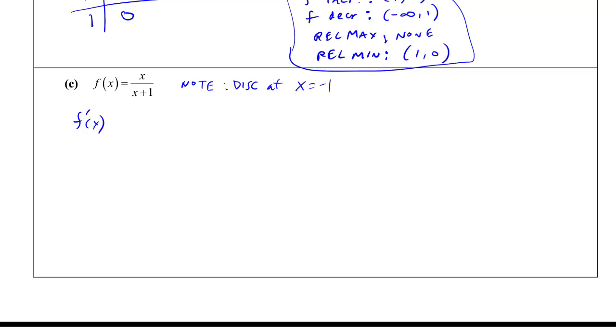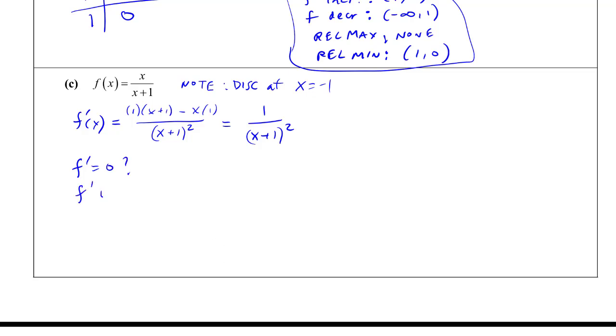We get, all right, derivative of the top times the bottom minus the top, derivative of the bottom over the bottom squared. And this is going to simplify to 1 over (x plus 1) squared. Okay, so if I'm asking where's that derivative equal to 0, and where's that derivative undefined, and f is defined,